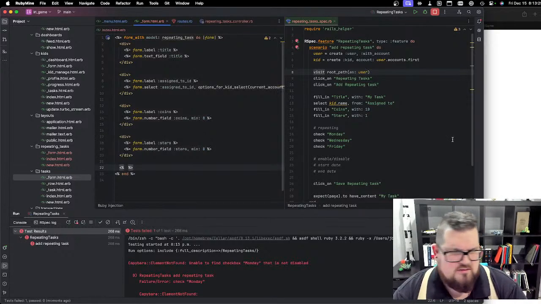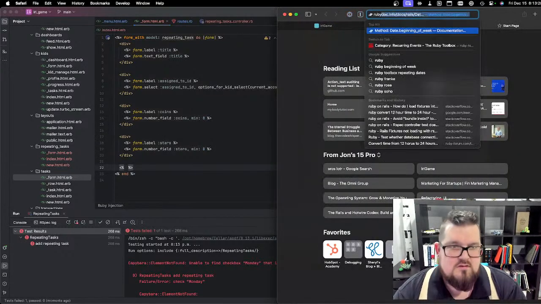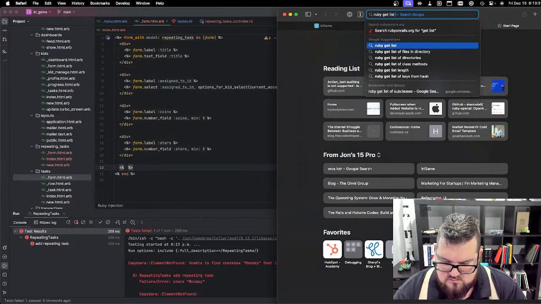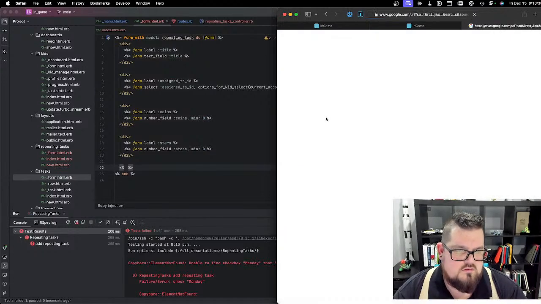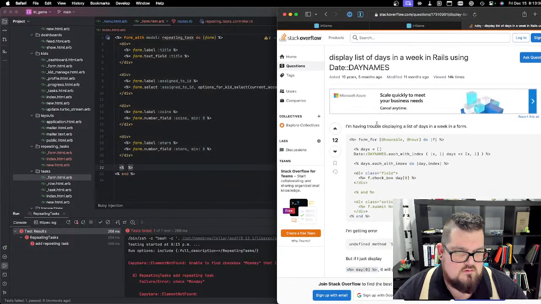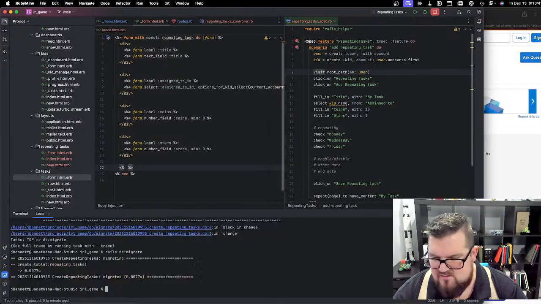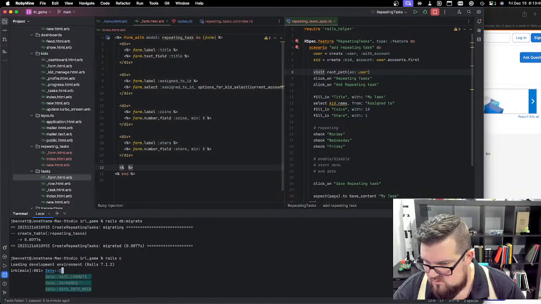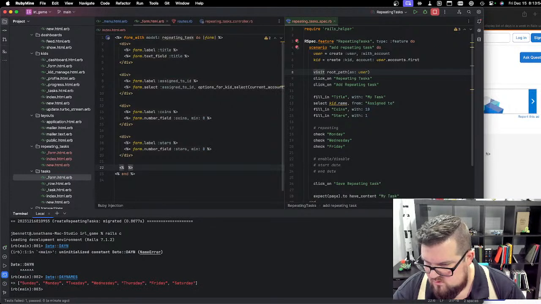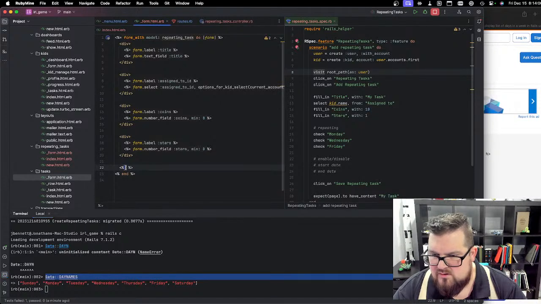Is there a Ruby thing to get me a list of the days of the week? I bet there is. Date, day names. Is that a thing? Oh, beautiful. I'm not going to hard code it myself then. All right. So for date, day names,